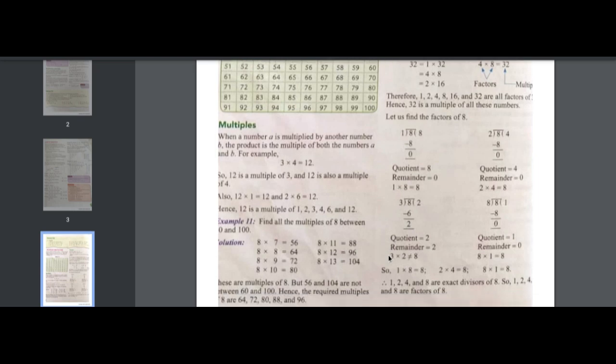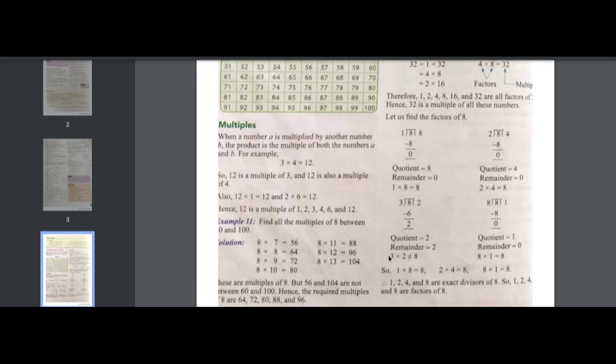So it's 10 and 100. What does 100 mean? 10 and 100 and 110. No, we have to find all the multiples of 8 that start from 10 and end at 100. Yes, it means that we have to write the table of 8 from which it starts nearby 10.